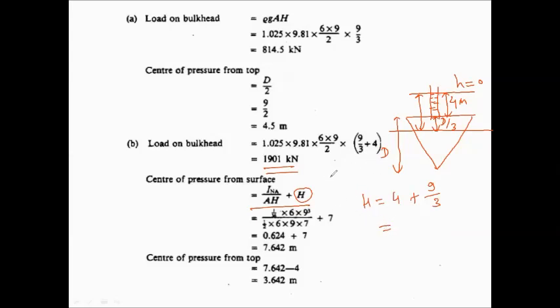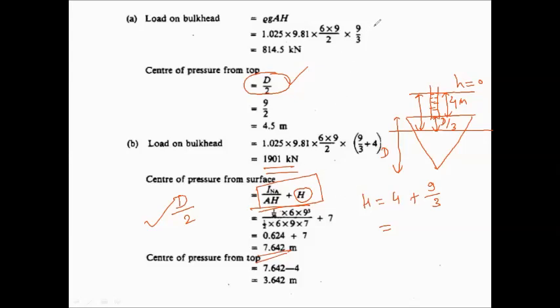Now in this case, the center of pressure value is not constant. It won't be D by 2. It is not D by 2 as we have seen. The standard condition was D by 2. So this is applicable only and only when the free surface is at the top of the bulkhead. But in this case, the free surface is not at the top of the bulkhead. It is 4 meter above the top of the bulkhead. So that's the reason I am suggesting to everyone that don't try to mug up this formula. This is not a standard formula. So all of you please remember this formula and then solve the numeric.